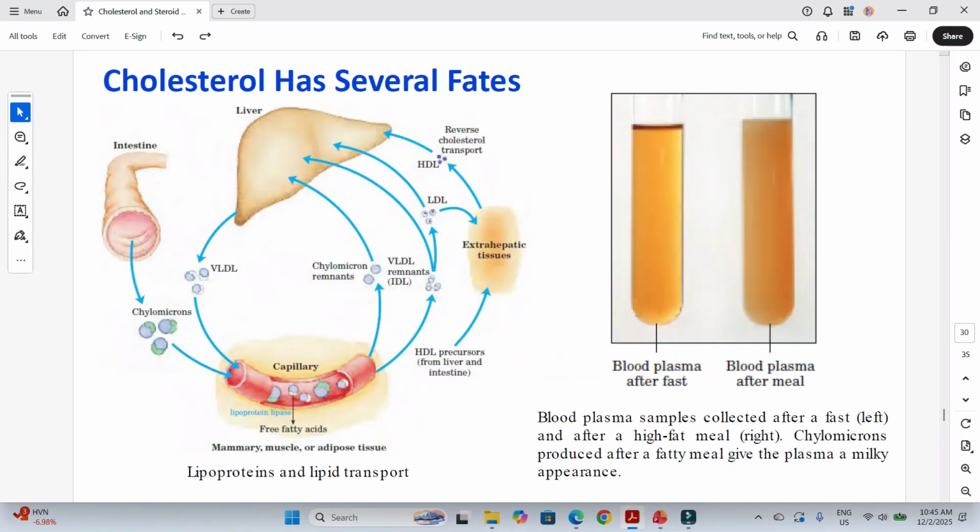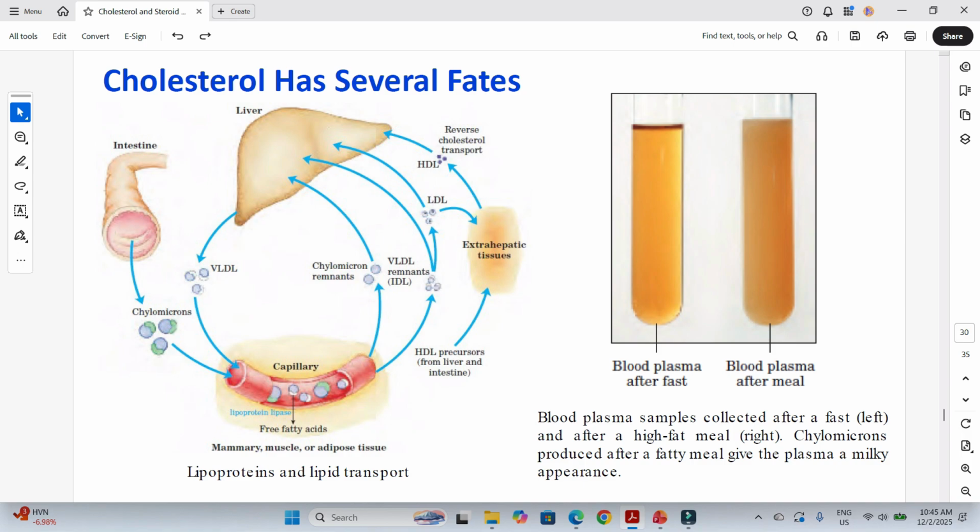Now, as I mentioned earlier, the chylomicrons and the VLDL originate from the intestine and the liver respectively. They go through the blood vessels, the capillary, for example. The chylomicron remnants, the VLDL remnants, and the LDL remnants go back to the liver. Remember, the HDL here essentially collects the cholesterol from the remnants of the VLDL and the chylomicron and brings it back to the liver, the cholesterol and the cholesterol esters.